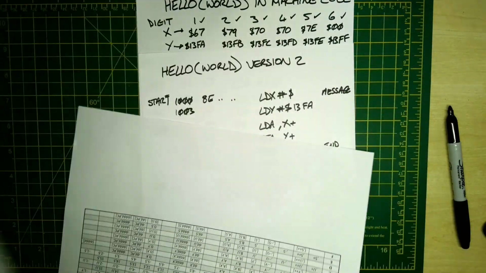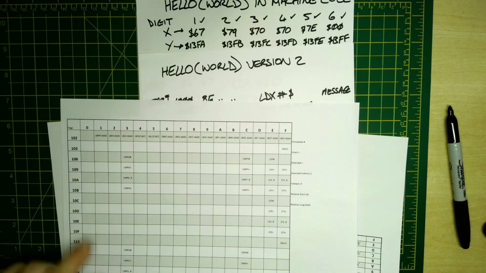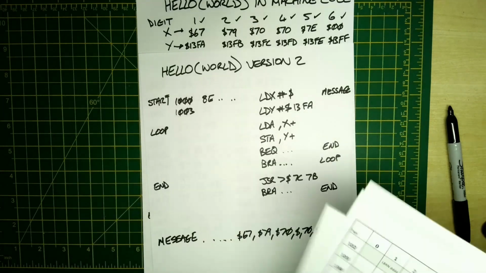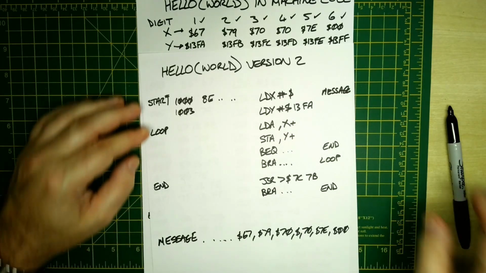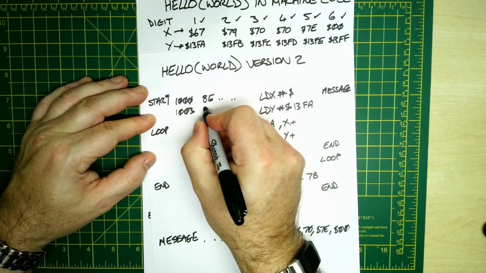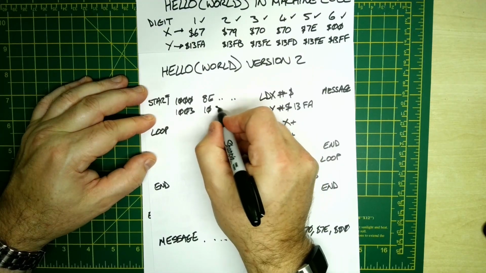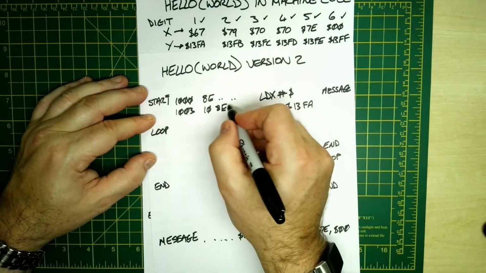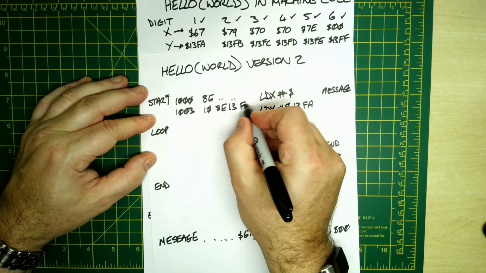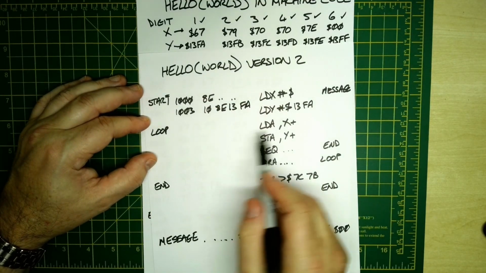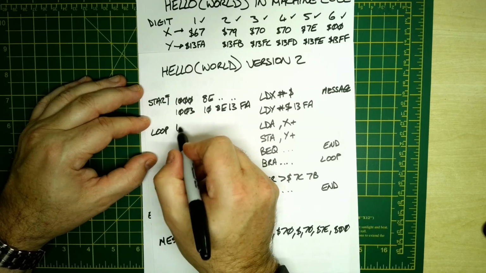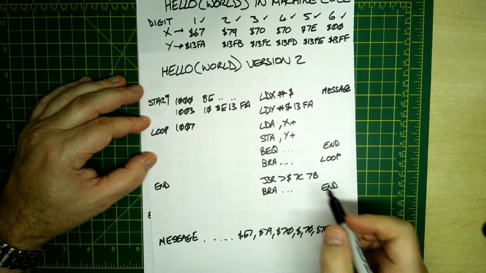Now that is in fact going to be a longer instruction, and when we look on the back here, that is 108E. So in fact, it's 8E, but with a 10 in front of it. So you can see that using the X register is slightly more efficient. And then we're going to have 13FA. We just need to make sure we count these. So that's 3, 4, 5, 6. So this address here will be 1007, which is loop.